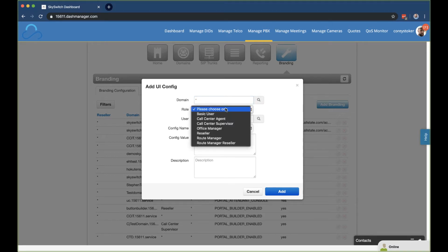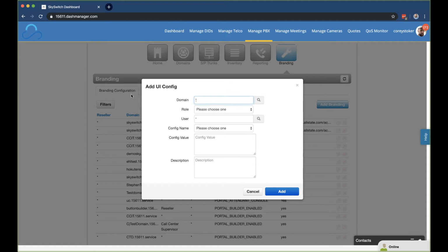With all UI configs, a role must be chosen. If you want to add a config for multiple roles, you will need to add one UI config per role. For the user field, you can leave it as a star to apply it to all users in that particular role. If you start to type a name or extension with the domain selected, you should get an autocomplete drop-down to select the user. So here I'm going to select